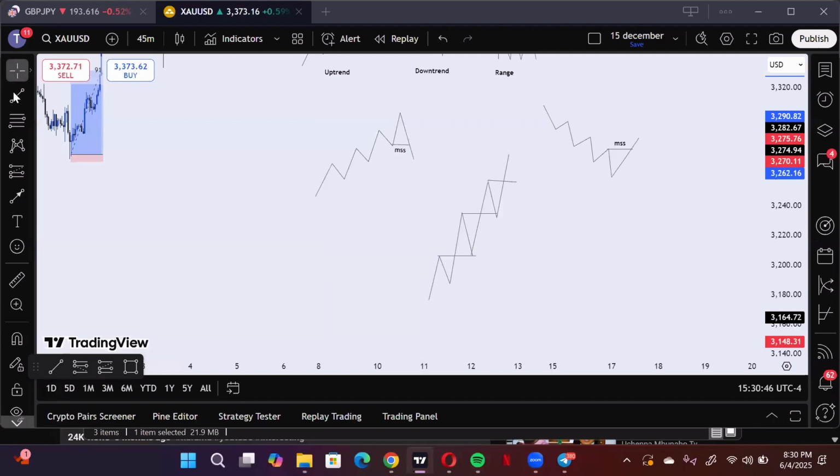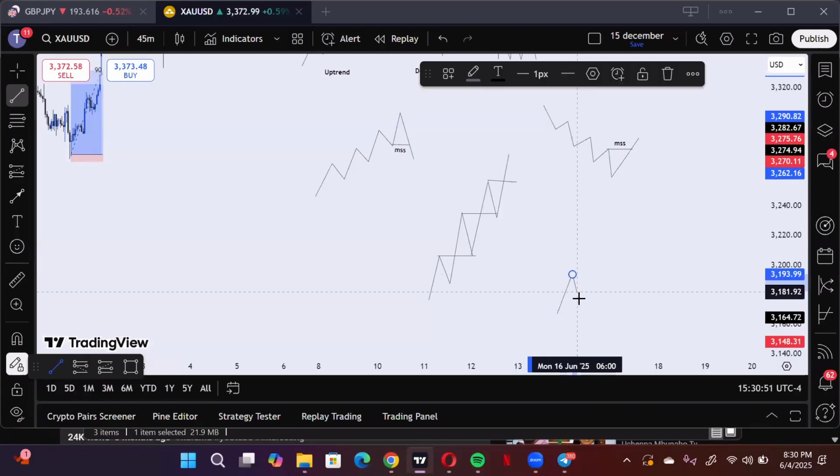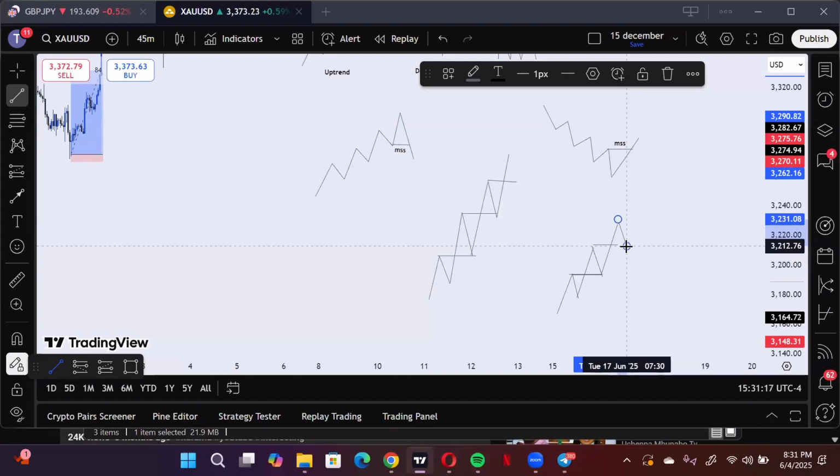Let me come back again. If market makes a higher high, comes down to make a higher low, the last high in the market is what? A key level. The key level there is a resistance. If market goes up and takes out that high, this is what you call a break of structure right here. The market comes down again, makes a new higher low. This last high in the market becomes what? Another key level. So market going to take out that high now is what? Another break of structure. Then price comes down again and makes a what? A new higher low. This last high in the market becomes another